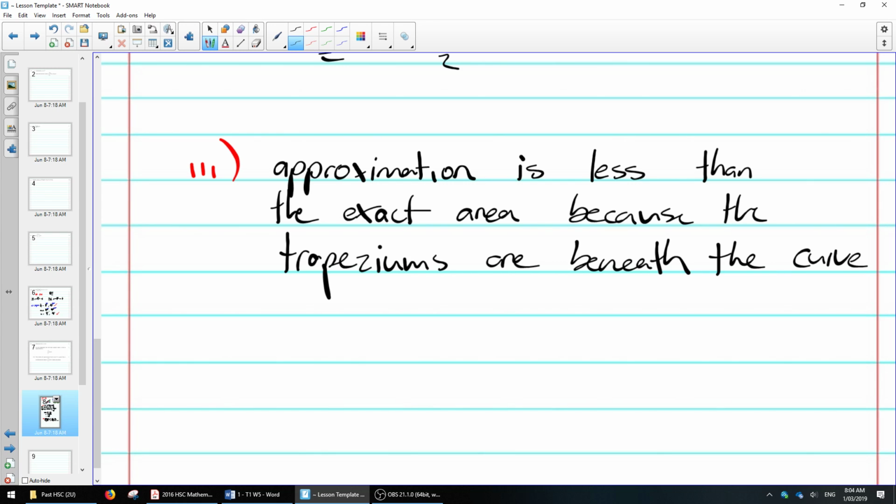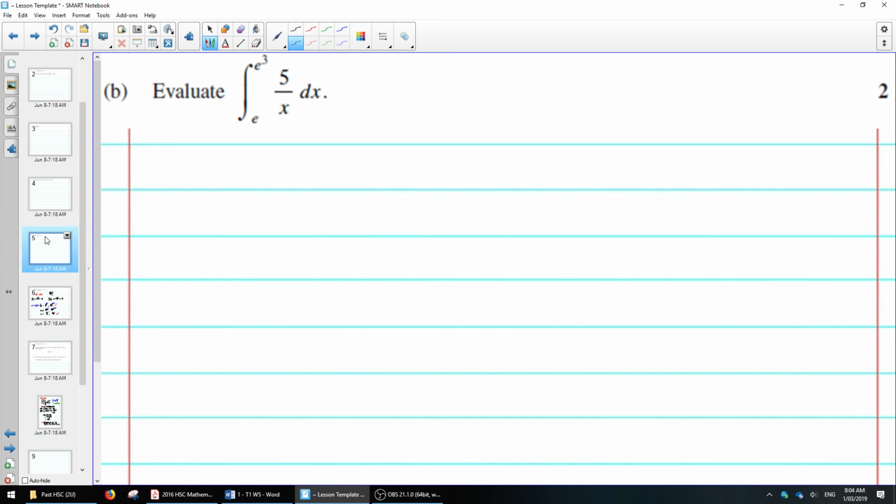Any other questions that immediately jump out to you? 4B, 2011. 4B, sure. This is it, right? Yeah. So we want to evaluate this. Now it looks quite ugly, because you've got e to the power 3 and e as your boundary points and 5 over x, and it looks like it's all over the place, but it's not too bad. So immediately when you're integrating a fraction,